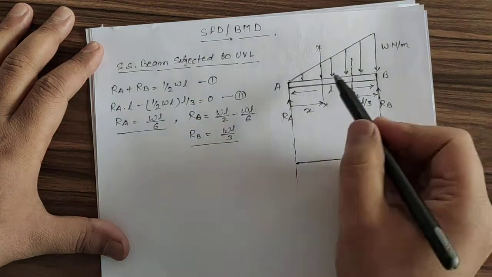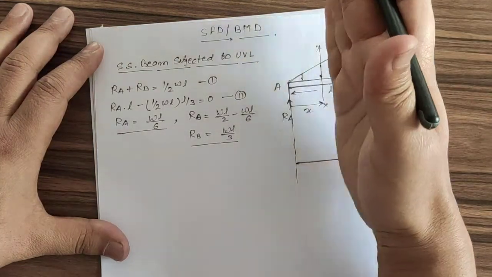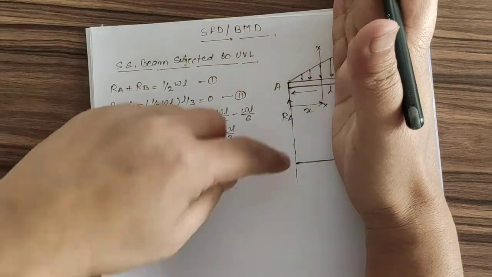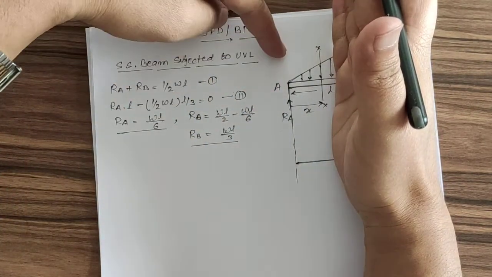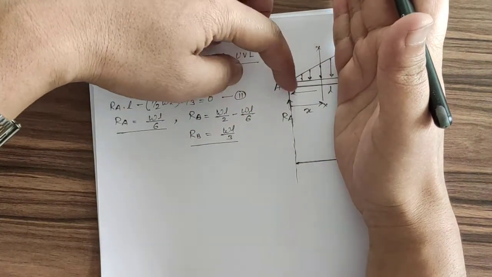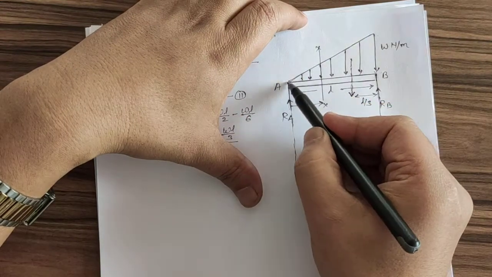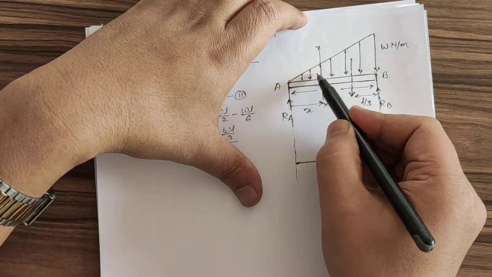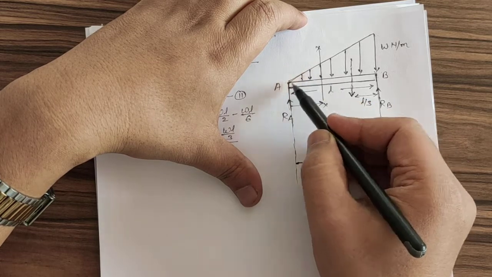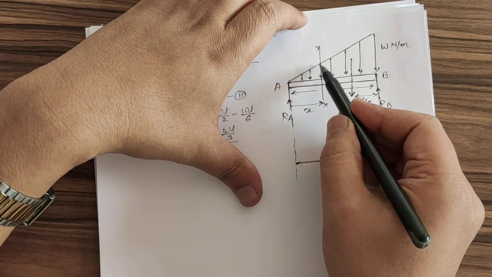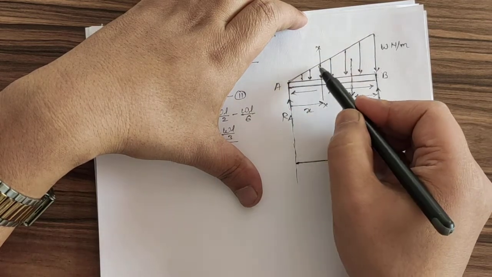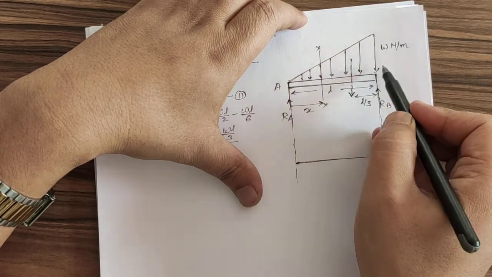Now the shear force at this section is the algebraic sum of total vertical loads. One is R A, R A is acting in the upward direction, so this will be positive, and the load or force due to this area we will calculate by the similarity of triangles. These two triangles, this large triangle and this small triangle, are similar in nature.